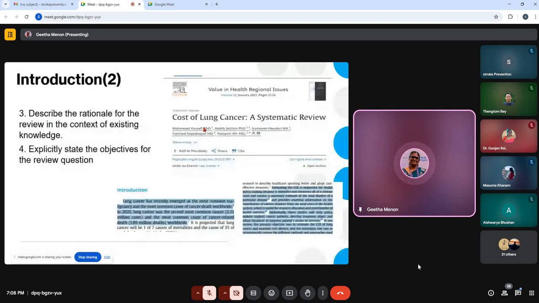Then the introduction should have a rationale and explicitly state the objectives of the review question. As you see in this example on the cost of lung cancer, a systematic review, the introduction has talked about lung cancer as a global problem. Then, coming down to the end of the introduction, you have the rationale for why you want to do this